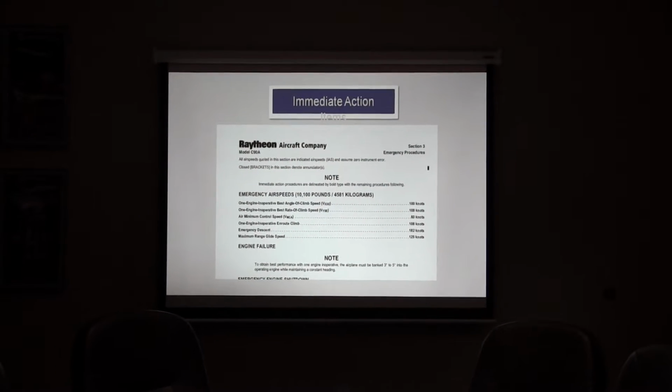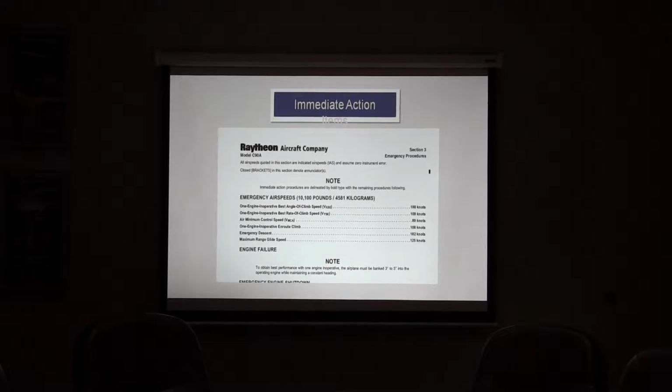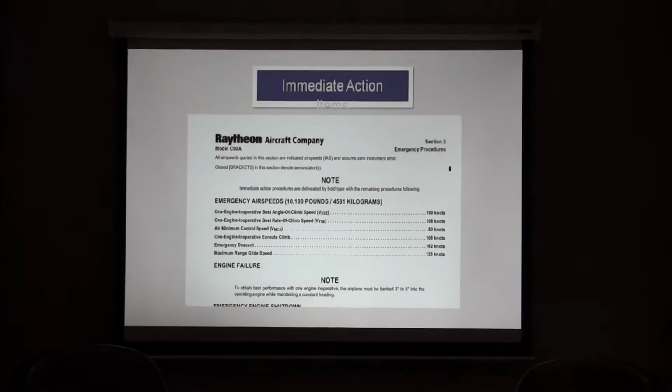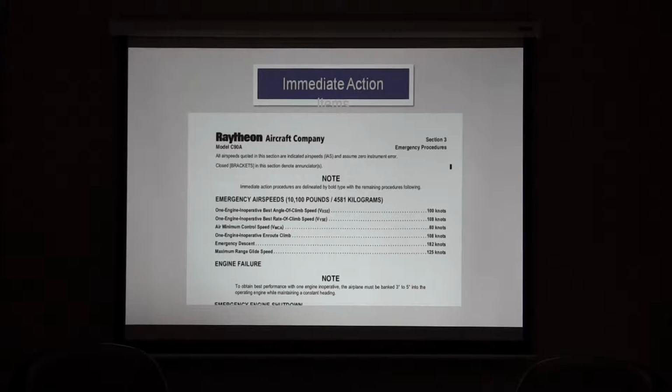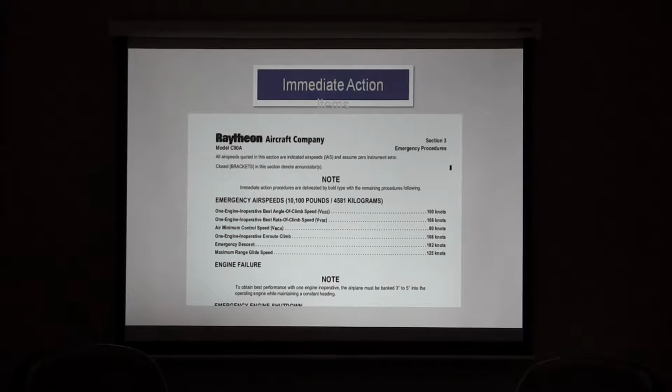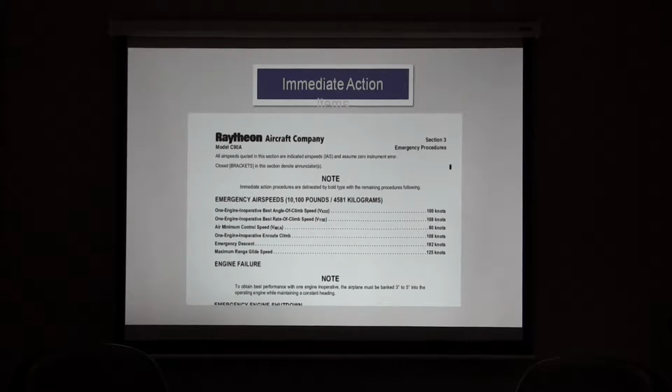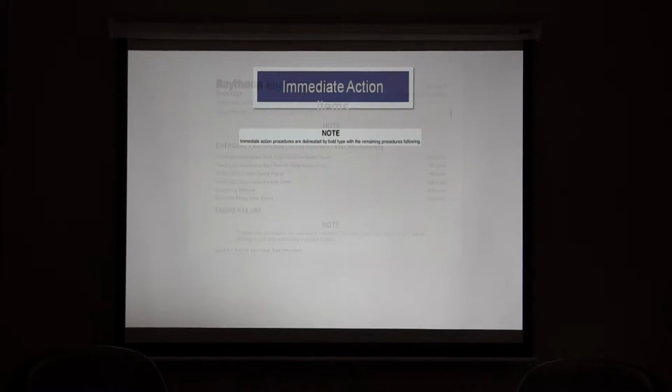Yeah, so this is straight out of the POH, right at the beginning of the emergency procedure section. You can see that note there says an immediate action procedure are delineated by bold type with remaining procedures following. So anything bold we know as memory items, that's just another word for it. Interestingly enough,